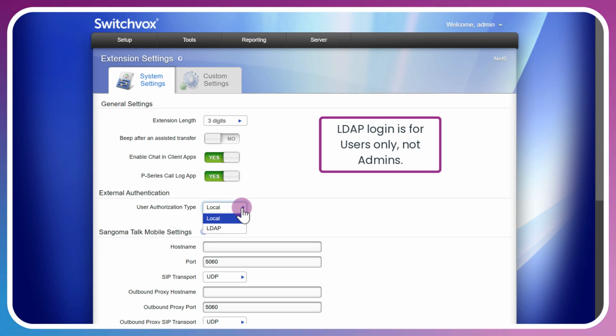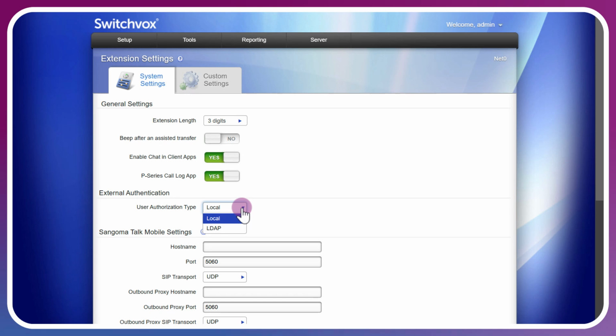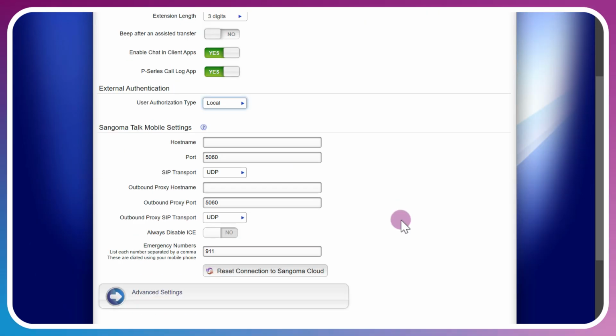If you recall our previous video on web proxies and SSLs, a valid SSL is most likely needed to enable LDAP services, so please review that video for information on getting the Switchvox up and running with SSL certificates. This may also look familiar, the Sangoma Talk mobile settings, which are stored in the cloud, and we'll take this information from these settings here. That includes a particular host name to register to, an outbound proxy and port, which is most commonly used with the Sangoma SBC, and the transport method.